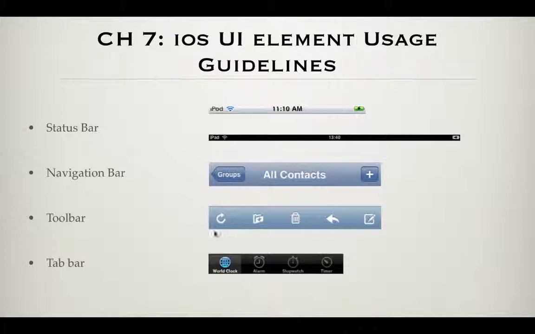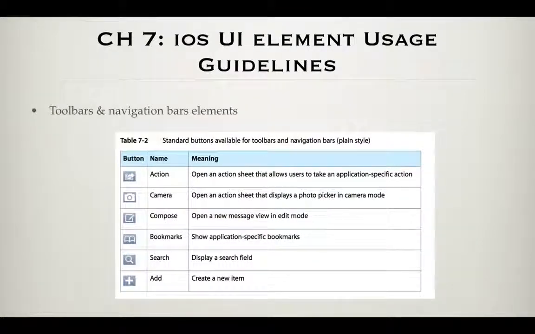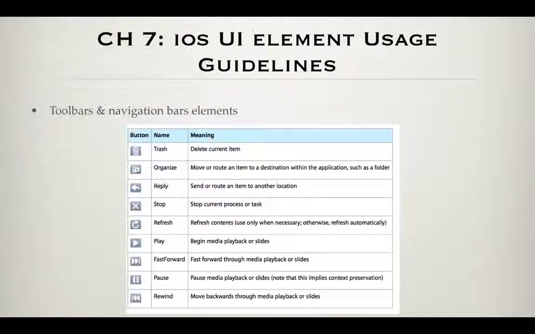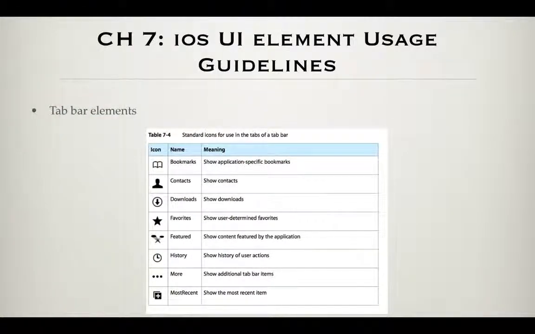And of course you have to use icons. If you want to use icons, you have to use the appropriate icon for each usage. So if you want to let the user delete something, you have to use this recycle bin icon, since the user is familiar with this one. And here are the different buttons that you can use, the name of each and the meaning of each one. These are toolbars and navigation bars elements, and the following is also a continuation of them. And these are tab bar elements,